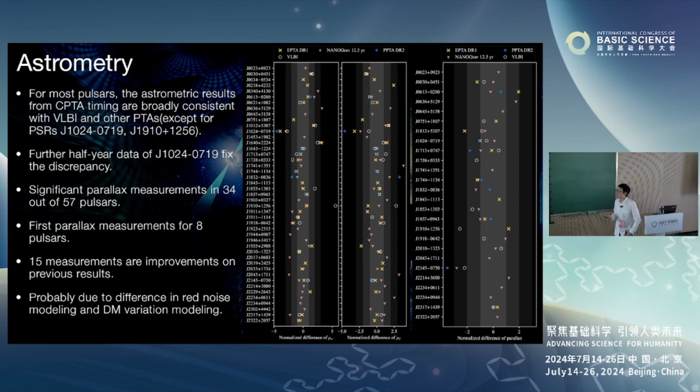And the third thing is that if we want to compare the timing data with other PTAs or other telescopes, the easiest thing to do is you can compare the timing parameters of each pulsar from CPTA data with other PTA data or other measurements. So here we measure the astrometric parameters of each pulsar, and we compare these values with previous published values, either from timing measurements or VLBI techniques. We basically found that both of these results are consistent. So the timing basically is reliable.